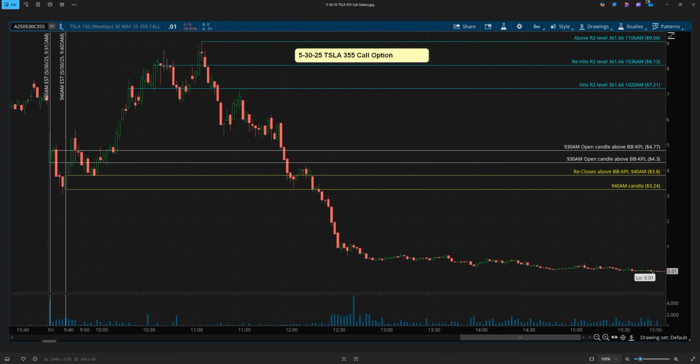As we talked about, it hit the R2 level at 10:20 a.m. At that time, that would be here. And the 355 call option was $7.21. And as we talked about, you basically had from 10:20, let's go back to the chart here,